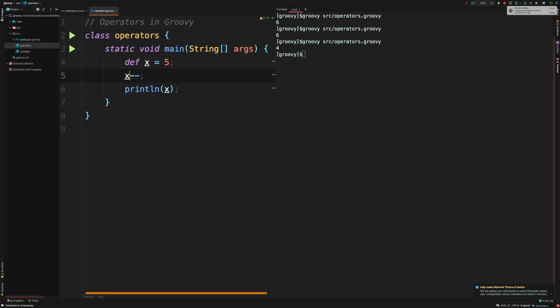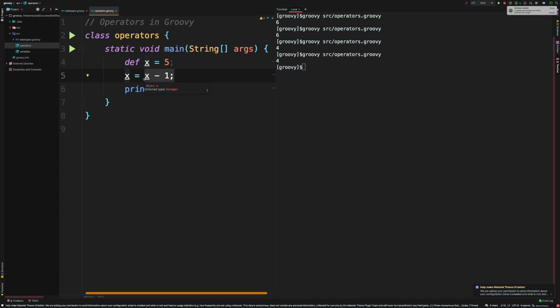But you could write this in a way where you do x minus 1. That does the same thing, and you get 4. Because these operations are very common when you're working with any sort of application, all the programming languages provide this increment and decrement short form.